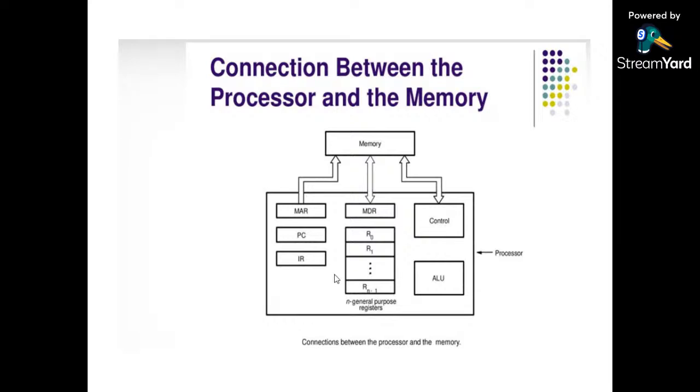There are some important components shown in this diagram. One is the program counter. The program counter is the most important register in the processor. What is the role of the program counter? The program counter keeps track of the current instruction being executed by the processor. If we are going to execute a program consisting of 10 lines, the execution cannot start unless the address of the first line of the program is present in the program counter. When the address of the first line is present in the program counter, then the processor can start executing